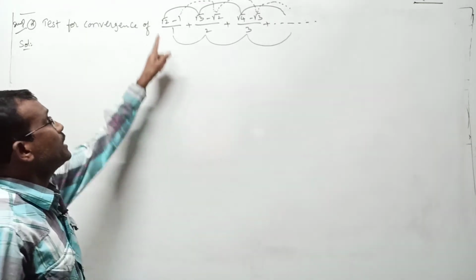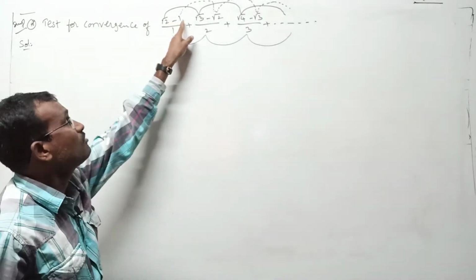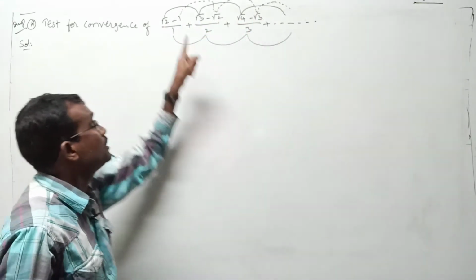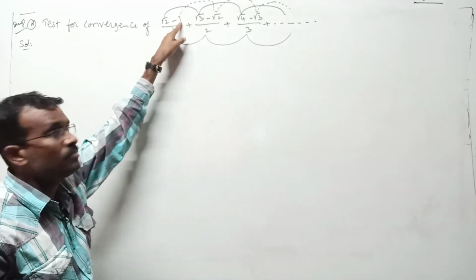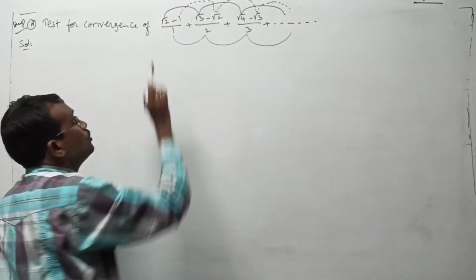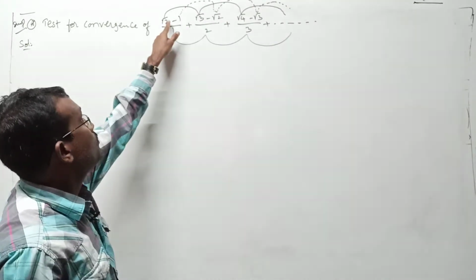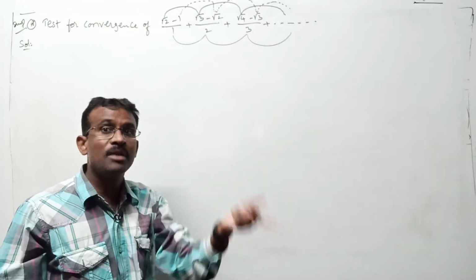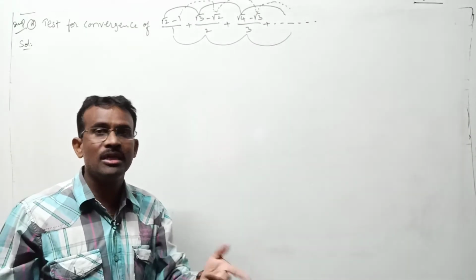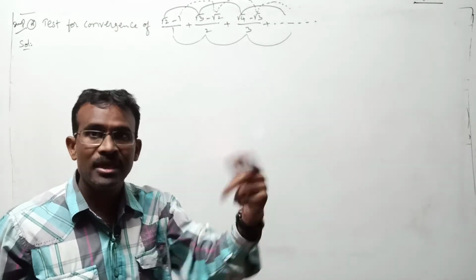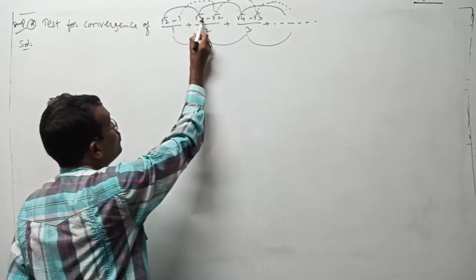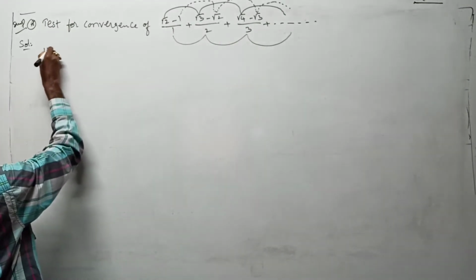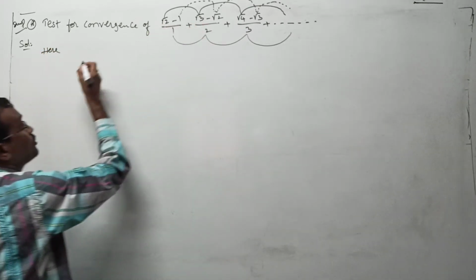But the main concept here is this: they have written root 2 minus root 1, root 3 minus root 2, root 4 minus root 3, and so on. That is one condition. Simply 1 means root 1. First find the nth term for 2, 3, 4 and so on. After getting it, while writing un, proceed with the root. If suppose the nth term we got is n plus 1, let us take in un root n plus 1. But don't directly take root 2, root 3, root 4, those are not in AP. I mean inside the root only take the first terms.